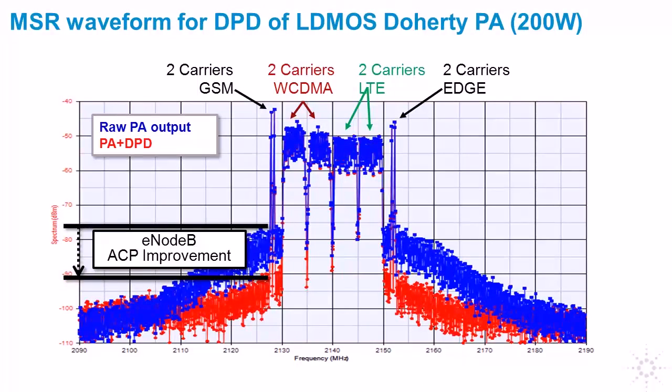Finally, that combined waveform was used as part of a digital pre-distortion extraction of a 200-watt LDMOS Doherty PA that you can see the pre-distortion improved the performance of the Doherty PA by about 15 dB on adjacent channel power. This is just one of the many applications afforded by Agilent SystemVue as you design, validate, and troubleshoot your next